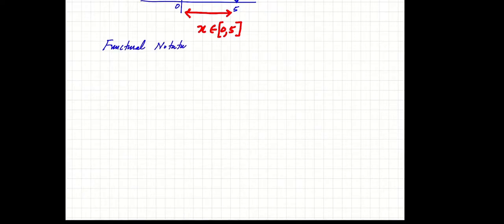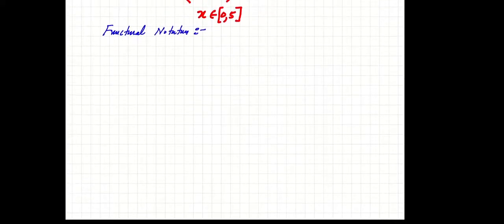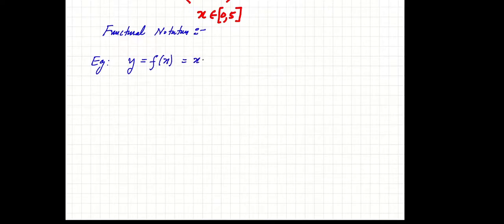Functional notation. Okay, suppose you have a function y is equal to y of x, which is x plus 1. Then you are given the domain from 0 to 5. All the details are here: from where to where x is changing, what is the function, how do you plot it. So when these details are here,